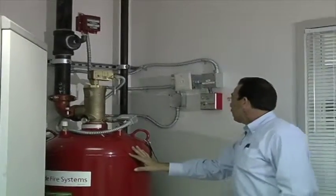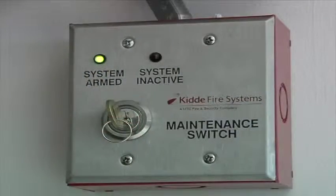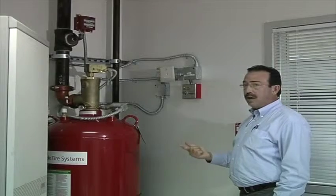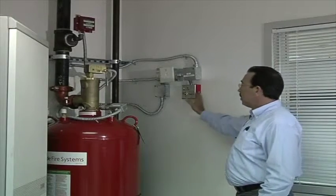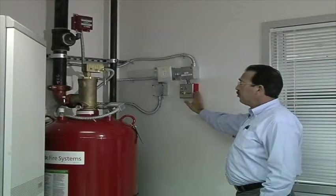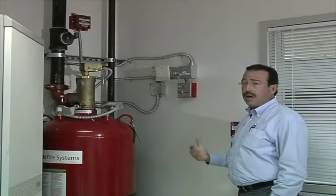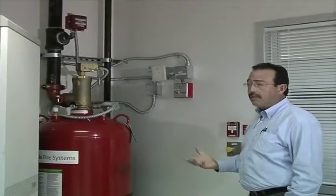Okay, here we have the maintenance bypass switch, and this maintenance bypass switch is for this one cylinder. Located at each cylinder location, at the print room, data center, the NOC, and the electrical room, and the first floor, there'll be a maintenance bypass switch. Okay, and this is used when there's going to be welding or there's going to be air conditioning work being done in any of the protected or hazardous areas, so that in case there's an arc or accident, we're not